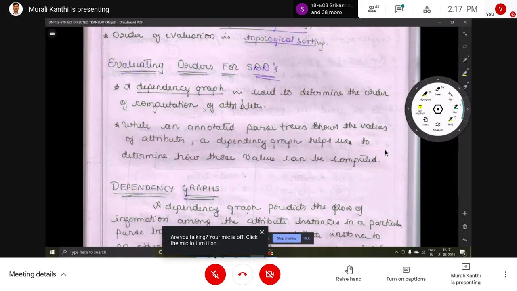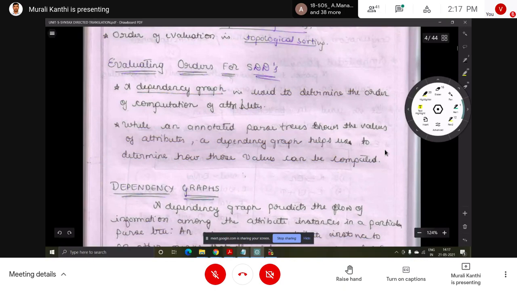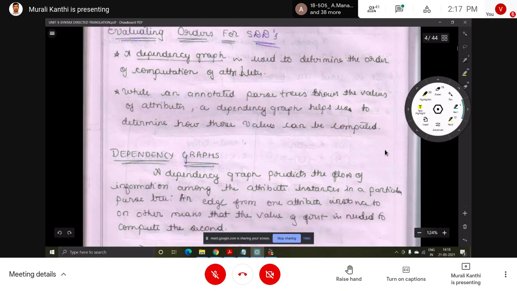That is the definition given here, or simply we can say that a dependency graph represents the flow of information among the attributes in the parser tree. The parser tree is going to contain different kinds of attributes, and to represent that, the dependency graph is used.